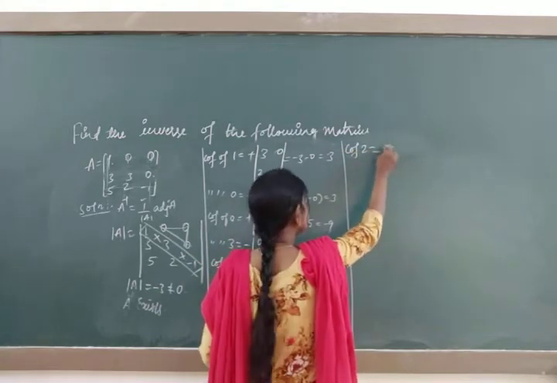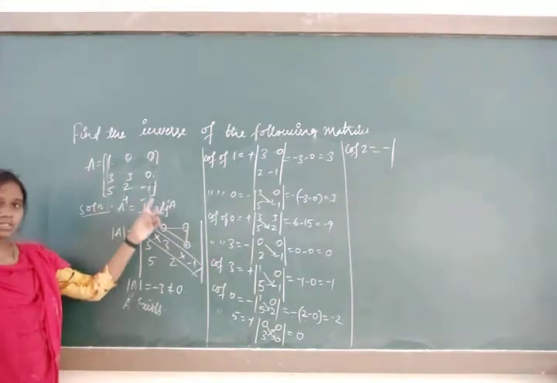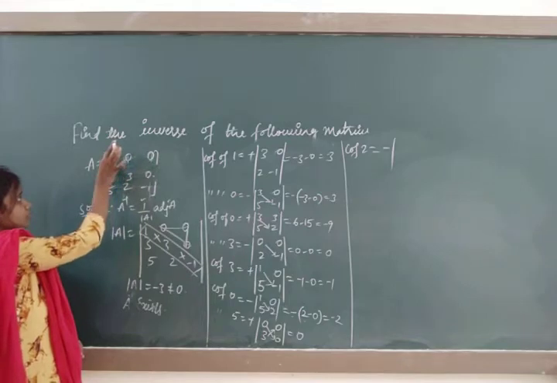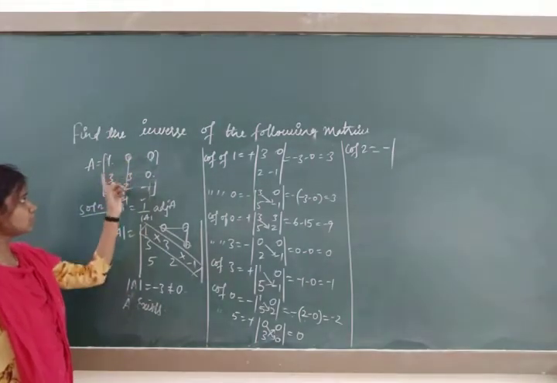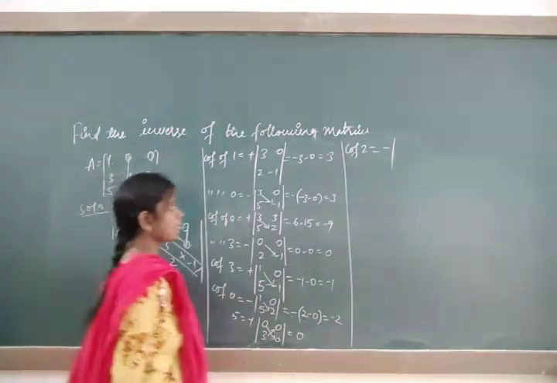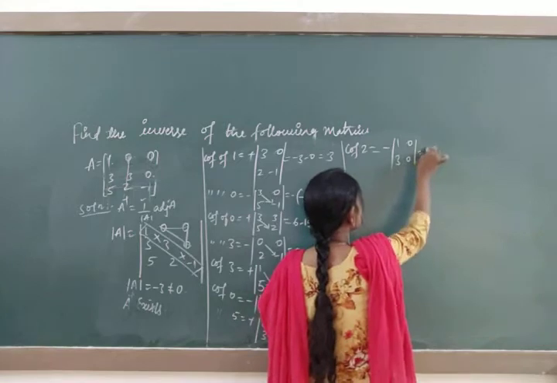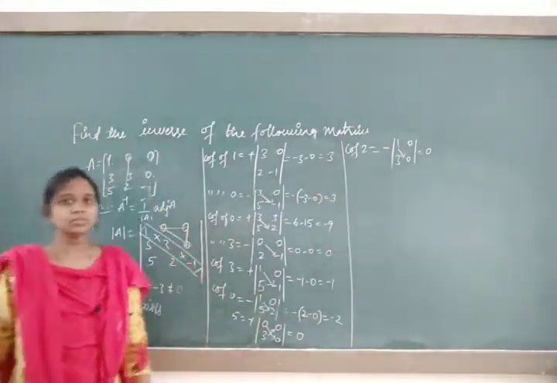Take alternate sign, it's a minus. Where the 2 is present, just observe, 2 is present in the third row, close that one. Now what is remaining? Close the second column. It means what remains is 1 0 3 0. On expansion this will become 0. You can check it out: 1 into 0, 0, 3 into 0, 0.